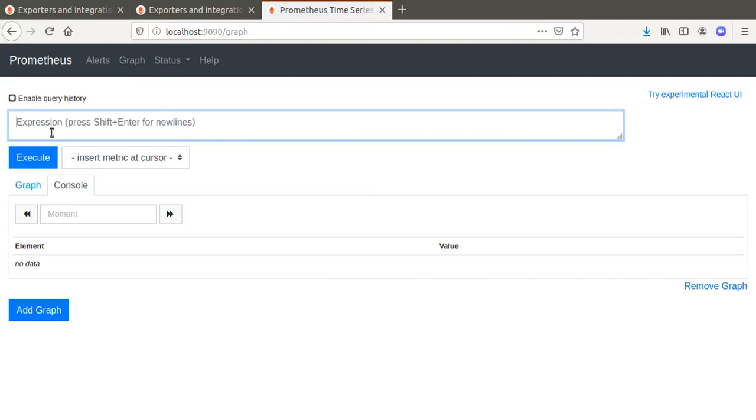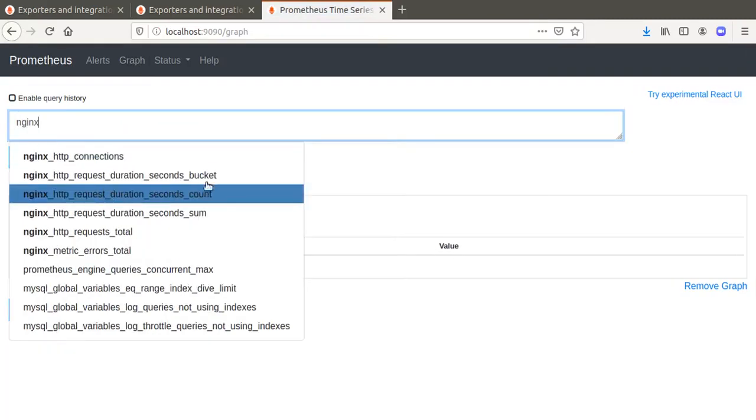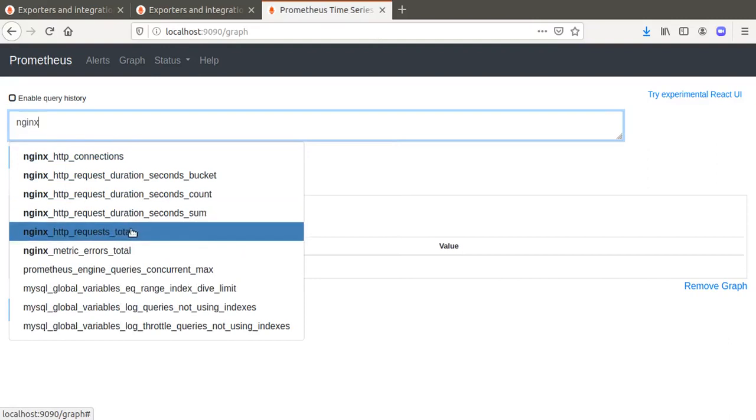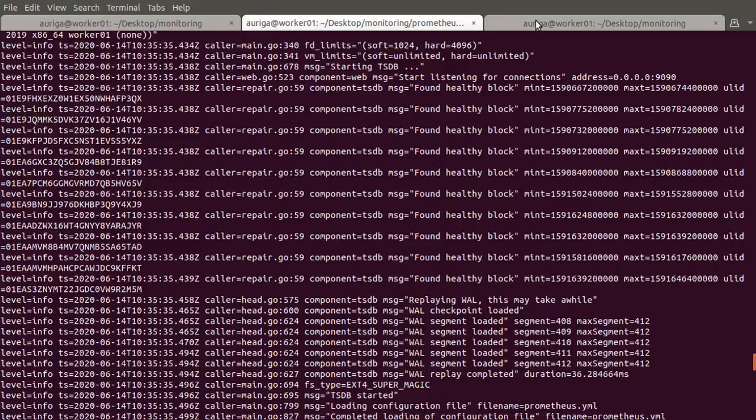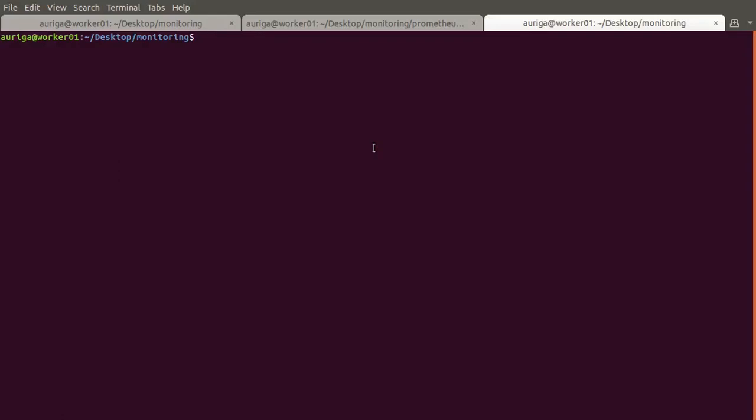Here you can search for Nginx request total. So it's showing the total request for different HTTP status codes, 200, 404, like that. So now let me quickly create a web application.